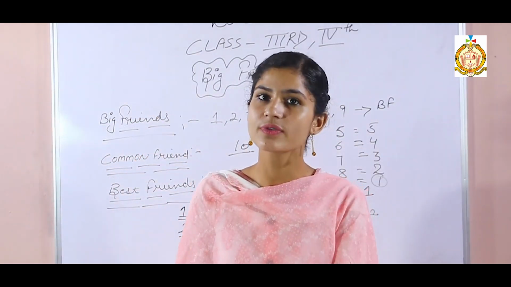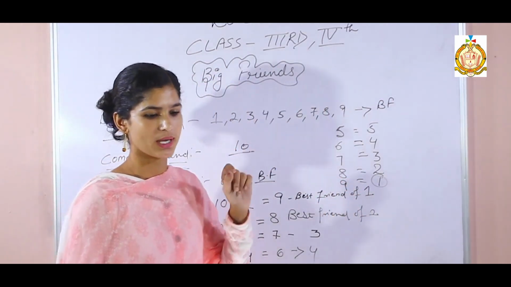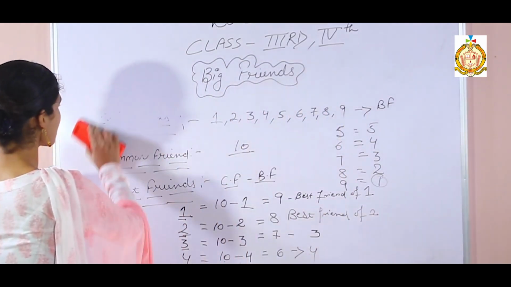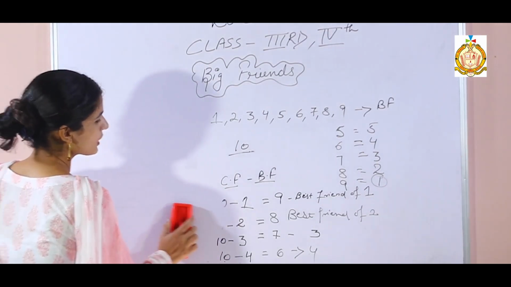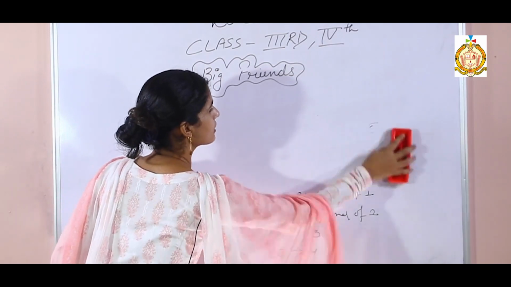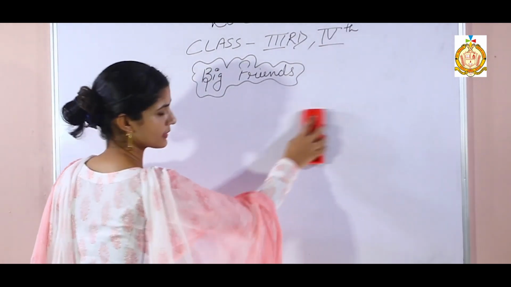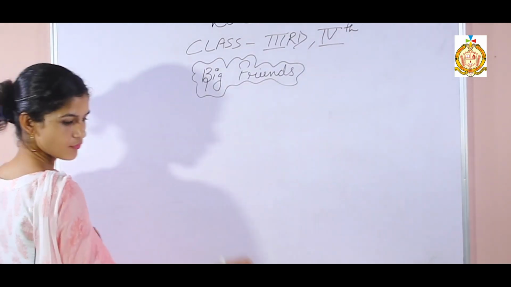Now best friend formulas are there. Like small friend formulas, there are also formulas. In small friend, we were having 4 plus formulas and 4 negative formulas. But here we are having 9 formulas containing plus sign and 9 formulas containing negative sign. So best friend formulas.